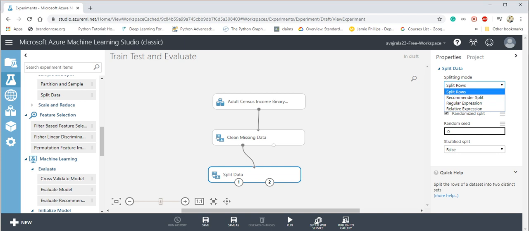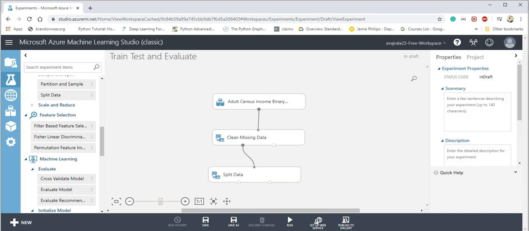But we are just doing a train test split, like in sklearn. We want 70% of the data in the first set and 30% in the next. 70% comes from here, 30% comes from here. So we use the first data for training and the second for testing. We don't want to stratify it, so everything is fine.